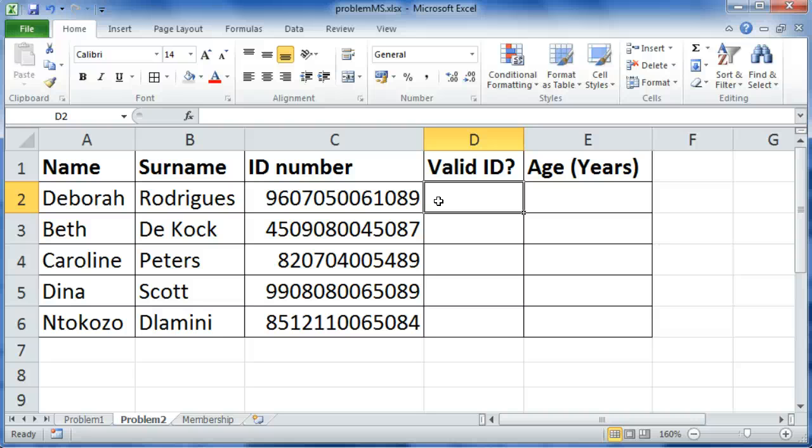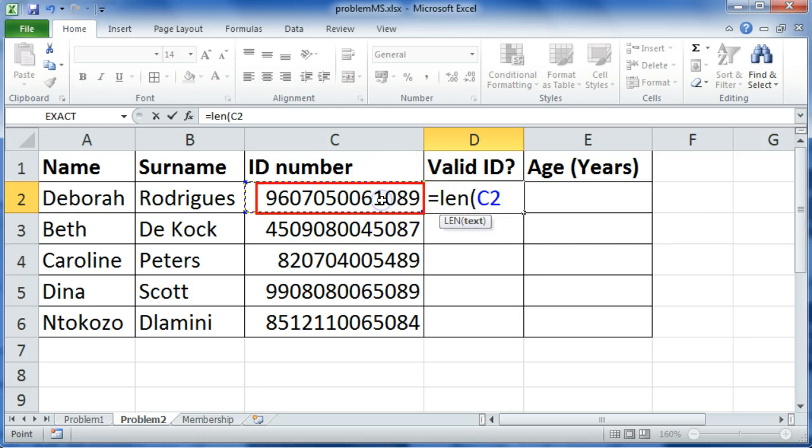Now it's very important that you know that an ID number in South Africa consists of 13 characters or 13 numbers. You'll be expected to know that in your final examination. Okay, so we want to check the validity of these numbers that have been inserted here. So we have to count the number of characters. Okay, so to do that, we're going to use equals LEN, open bracket, and then select the ID number